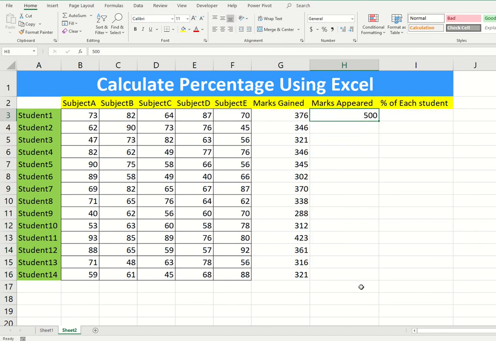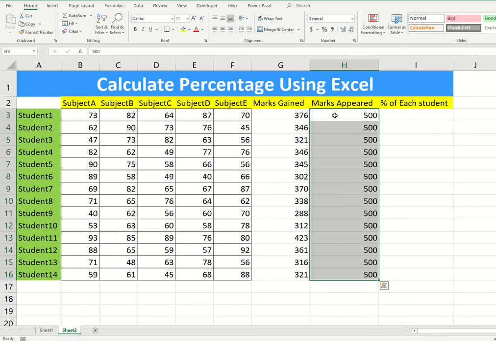I can select the first cell and then select the rest of the cells to fill with the same formula. If you press Control D, Excel automatically fills the rest of the rows with the formula from the first row.